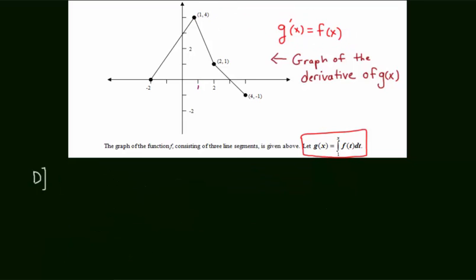I would like to skip to part D before doing part C. In part D, it says the second derivative of g is not defined at 1 nor at 2. How many of these x values are coordinates of points of inflection of the graph of g? Justify your answer. The way I want to answer this is start off by saying g has a point of inflection